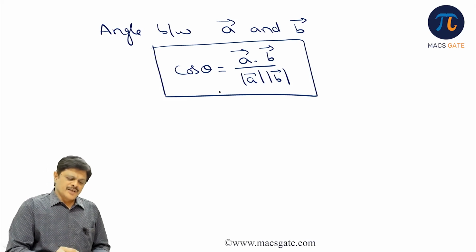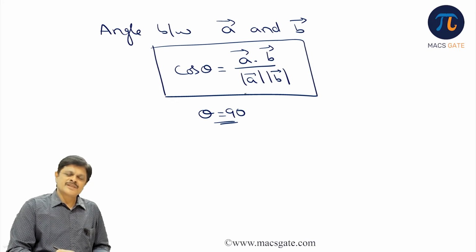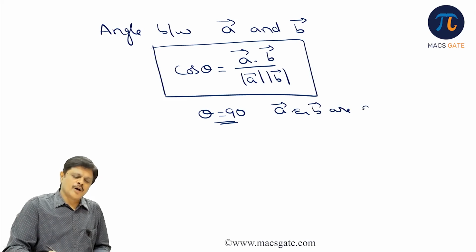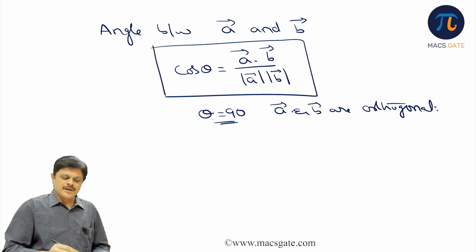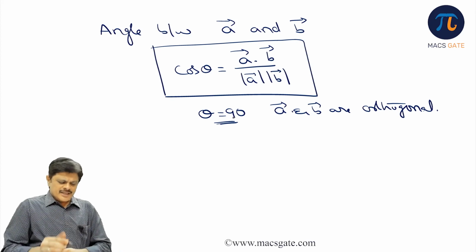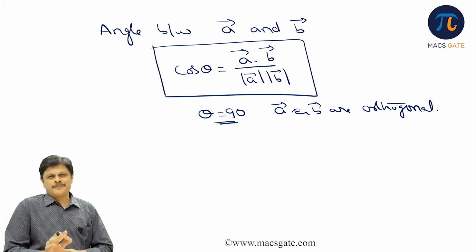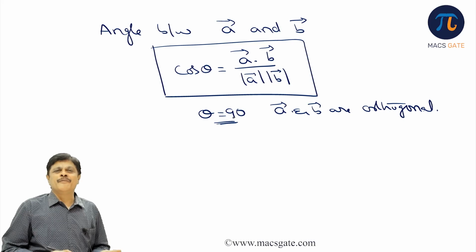And of course, if theta is equal to 90, what happens, sir? If theta is equal to 90, the answer would be 0. So if A and B are perpendicular, theta would be 90 degrees. A and B are perpendicular, orthogonal we call it. It's a very interesting property of the dot product. That is the idea. So these are some basic concepts which we need to know before starting vector calculus. Mainly dot product and cross product, at minimum one should know. Am I clear? So we can start with vector calculus.